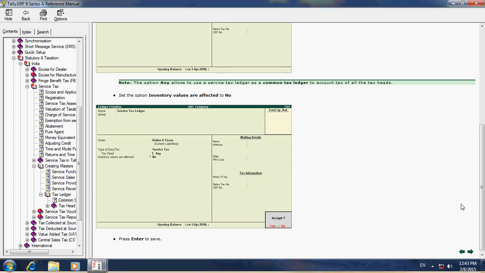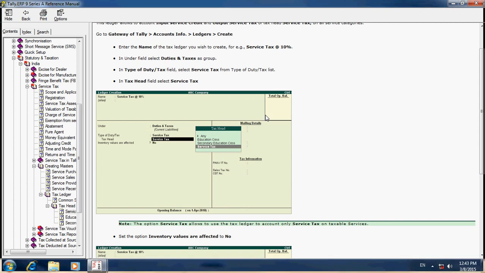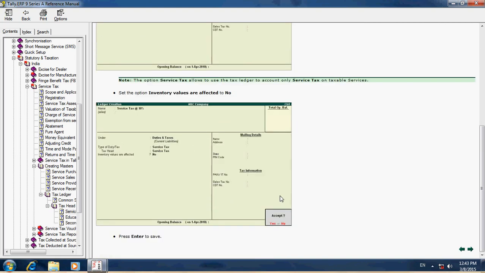You press yes to save this. Then click for next. Service Tax 10%. Same method: Gateway of Tally, Accounting Info, Ledger, under Duties and Taxes. Like this you have to fill. Here Service Tax, this tax head is also Service Tax. Then save the ledger.